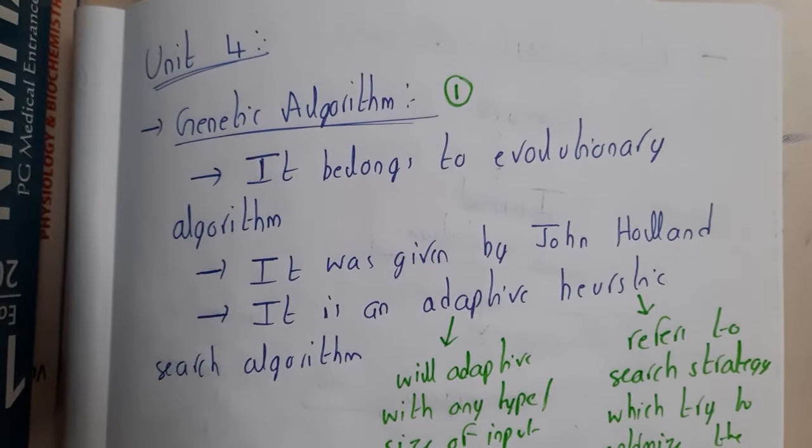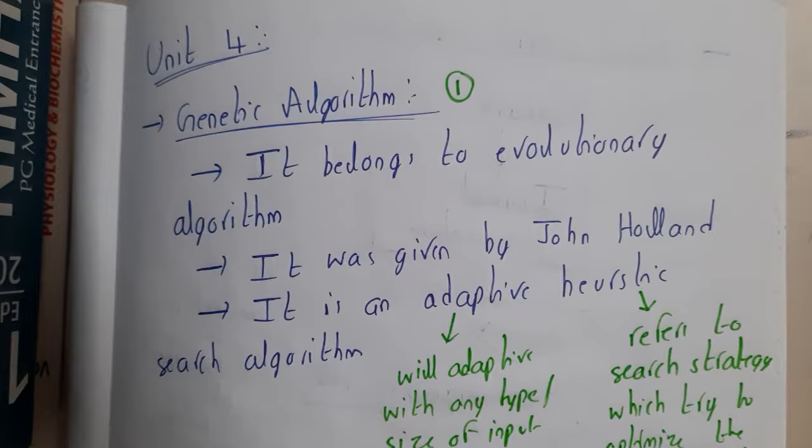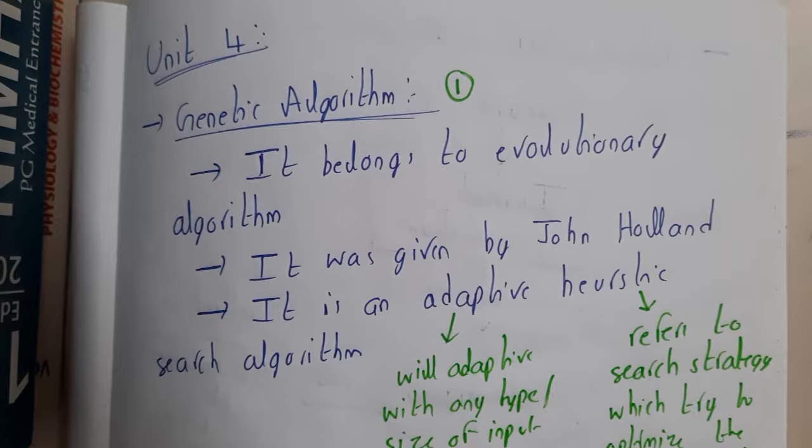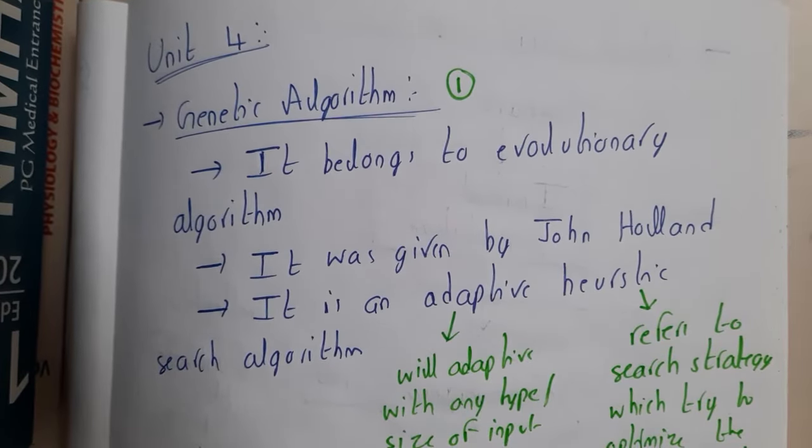Hello guys, we are back with our next lecture. In this lecture, let us start the fourth unit of machine learning, guys. The whole unit covers the concept of genetic programming or genetic algorithms, guys. If you ask me, in the whole subject, this is one of the most interesting chapters. I found many things interesting in this whole unit. I'll also be discussing with you why those topics felt interesting to me.